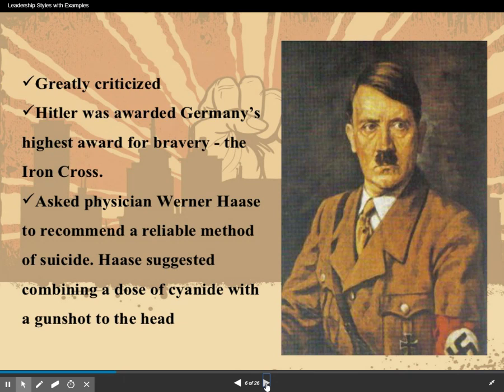Now, one of the things about Hitler that helped him come to power was the way that he presented his ideas. He was very charismatic. He had a lot of ideas that, at the time, he made sound better than they were. So we have to be very careful of autocratic leaders because very often they are very charismatic. They draw people in based on the things that they say, whether they believe them to be true or not, and they have very unrealistic or very unachievable ideas.